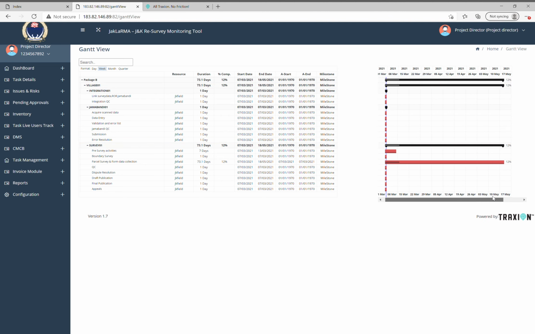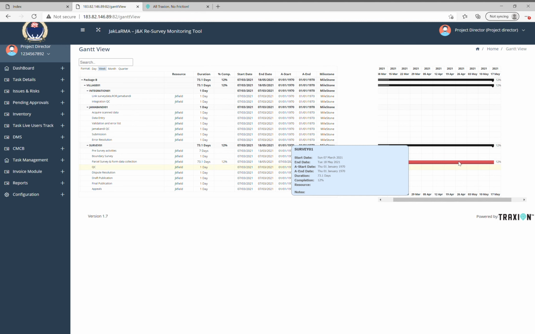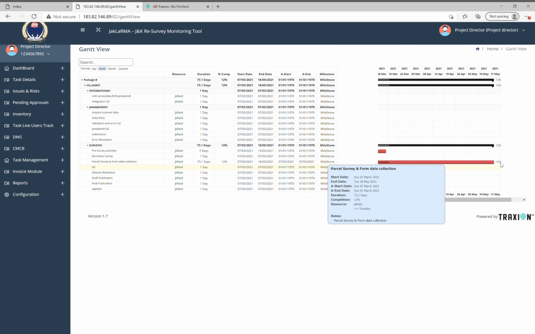If you see the red chart here, this is the actual time given, whereas current progress is 12%, which is indicated by the dark band within the overall blue bar. We expect that all of the villages will get populated here, and you can break down each village and go into each activity to see the status.